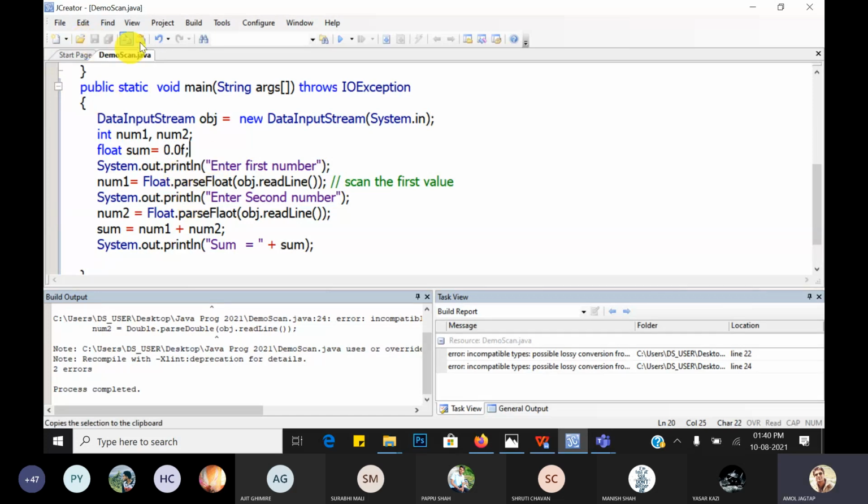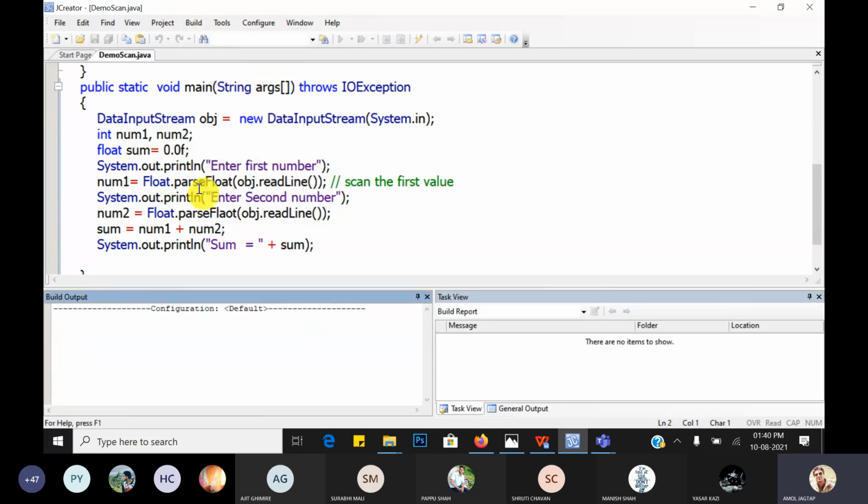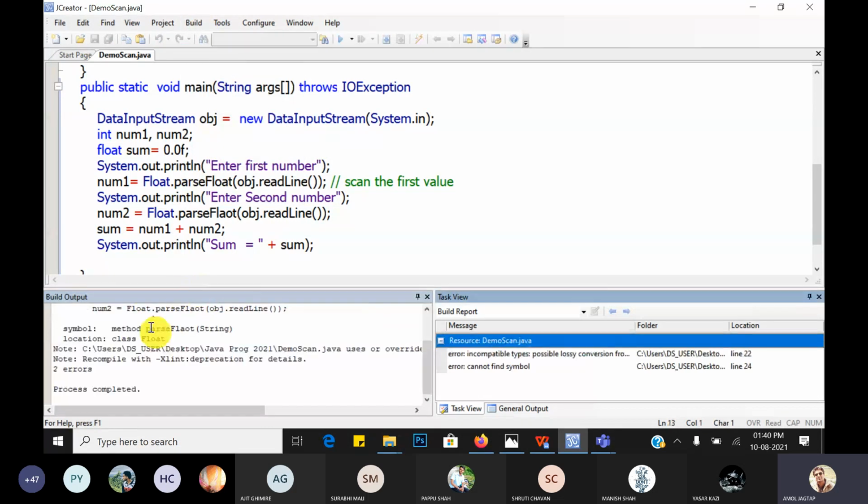Okay, let's check. Possible lossy conversion from float to int. Somewhere we have made some mistakes. Float is the spelling, sir. Yes.